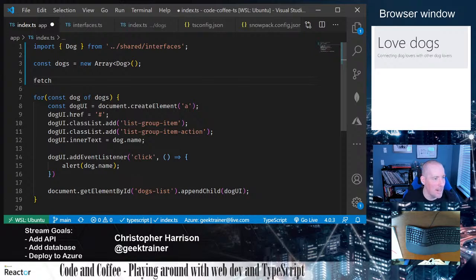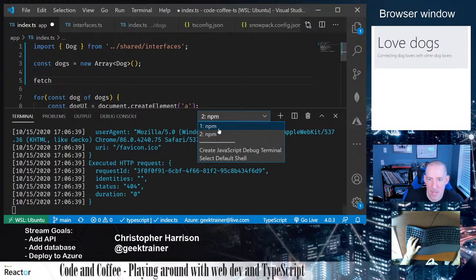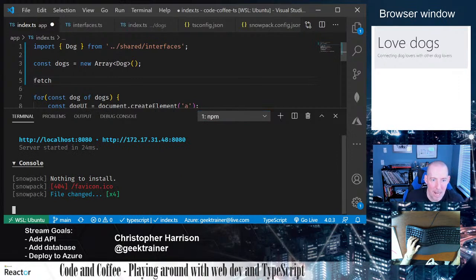So I'll get to that in a second. Is my browser window hot loading? How is that set up? Yeah, so it is. The browser window that you're seeing over on the right, up above me, is using Snowpack. So if I go to the window that's running my Snowpack server here,